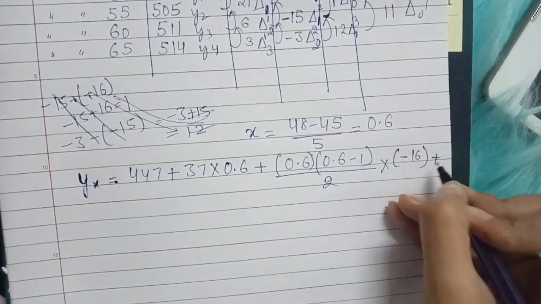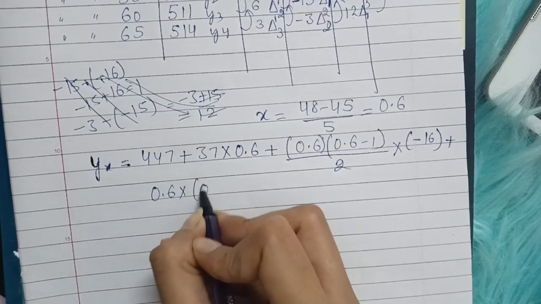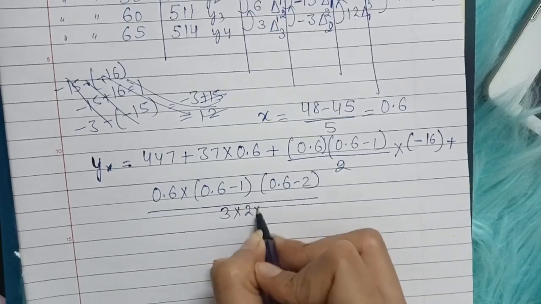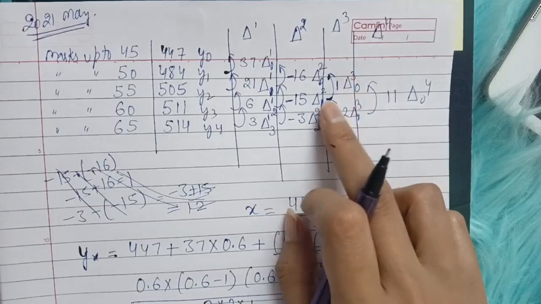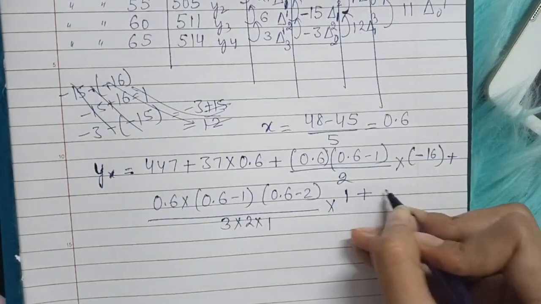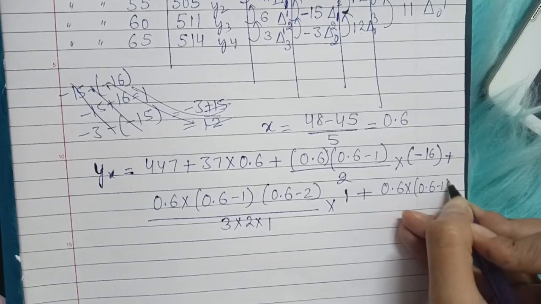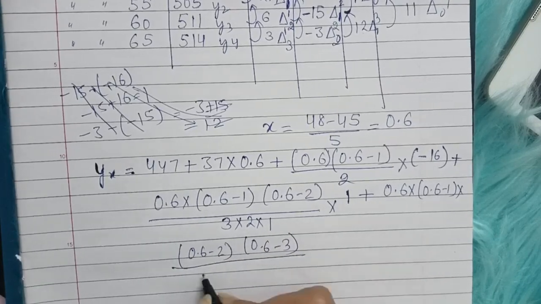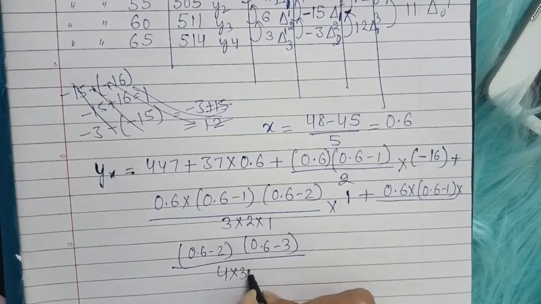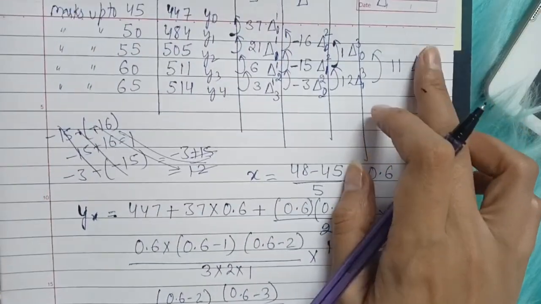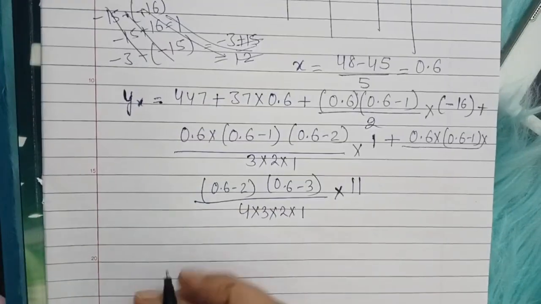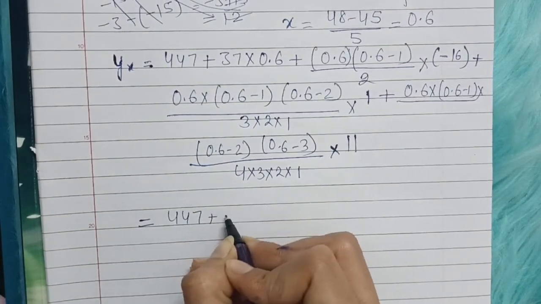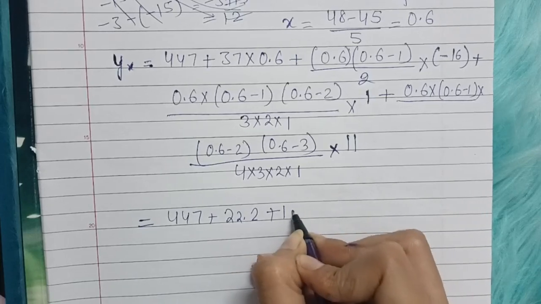Delta 2 is my minus 16, right? So minus 16 plus 0.6 into 0.6 minus 1 into 0.6 minus 2 whole divided by 3 into 2 into 1 into delta 0 to 3. 0 to 3 is my 1. So I have to multiply it by 1 plus 0.6 into 0.6 minus 1 into 0.6 minus 2 into 0.6 minus 3 whole divided by 4 into 3 into 2 into 1. And what would be my delta 0 to 4? 0 to 4 is 11. So this is my value. Now I'm going to solve this. So now I'm getting 447 plus 22.2 plus 1.92 plus